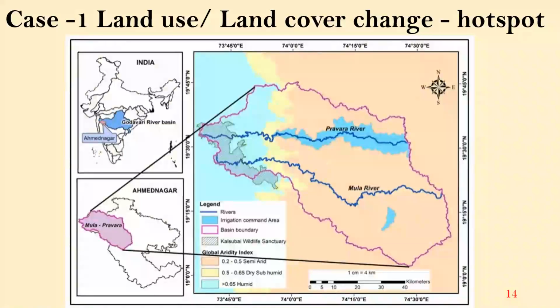Now, let me show you how this collected remote sensing data could be put to use for vegetation mapping and monitoring related studies. The first case I'm presenting is identifying land use land cover change and its hotspots. The study was conducted in the semi-arid part of Maharashtra, the Upper Godavari river basin, part of Ahmednagar district. The total geographical area of the study was 4,300 square kilometers.